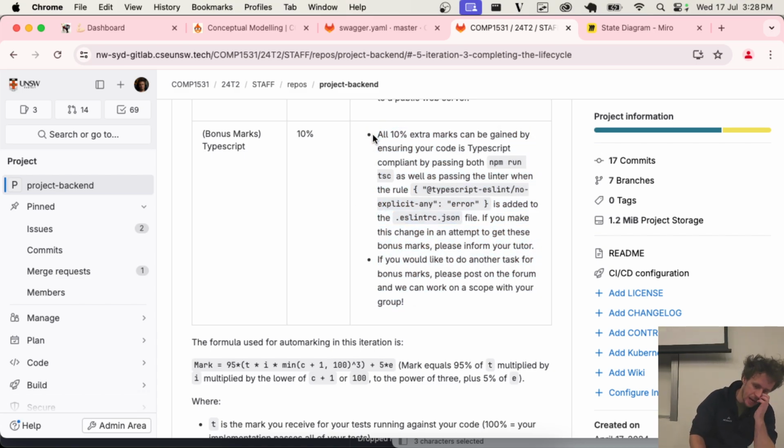I don't know the exact numbers of how many groups did this last term. I'm trying to remember. I think it was about 1 in 2 groups did it, which is probably a good indicator for you. If you feel like your group's in the bottom half of the course, maybe stay away from it for a while at least. And if you feel like your group's in the top half of the course, or especially the top part of the course, then I would probably jump in early, because the tighter your TypeScript is,